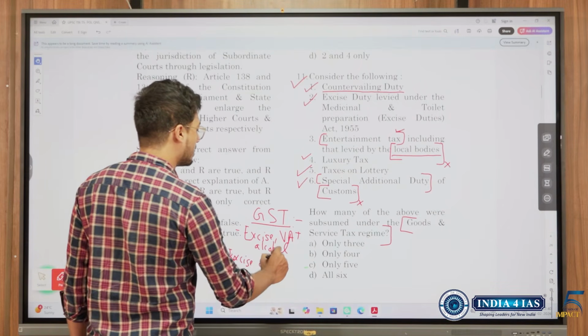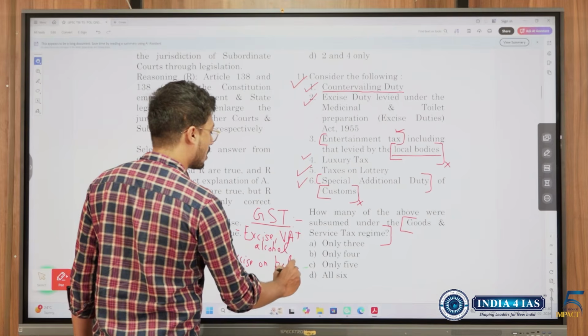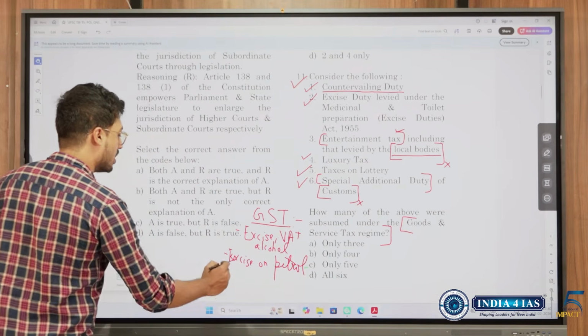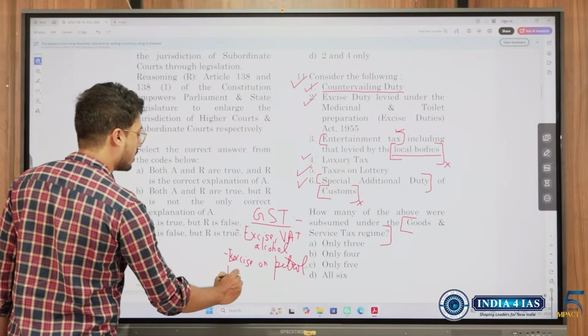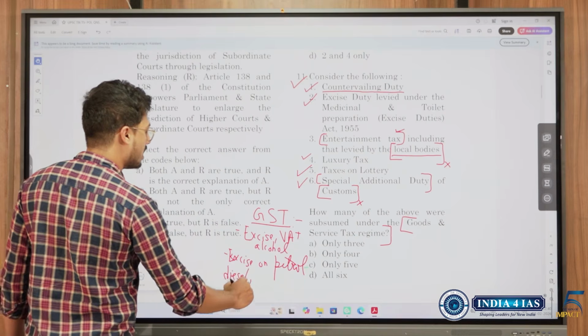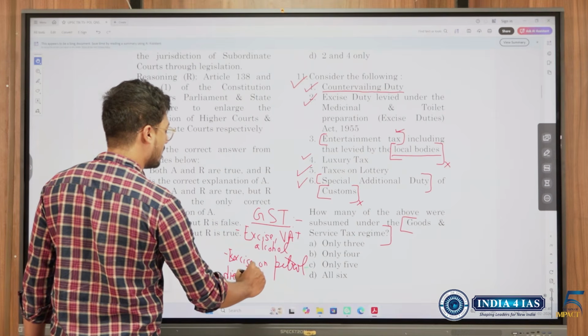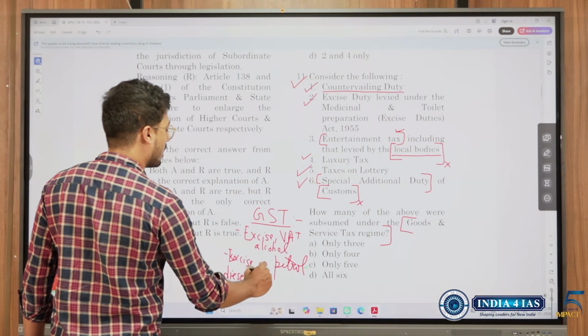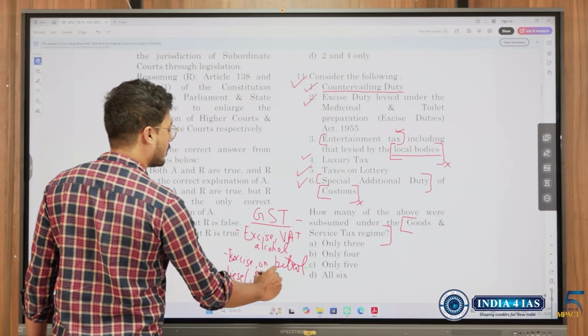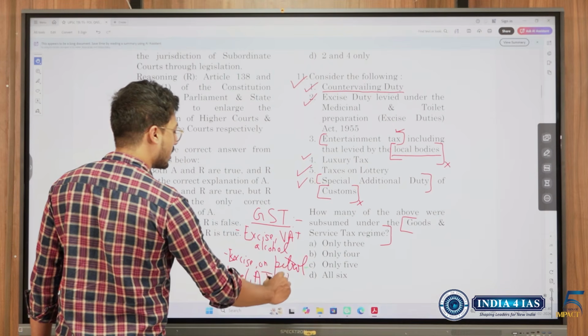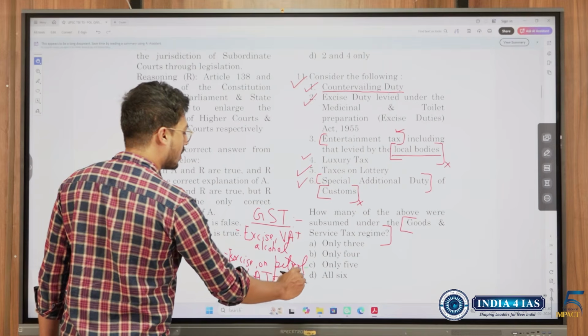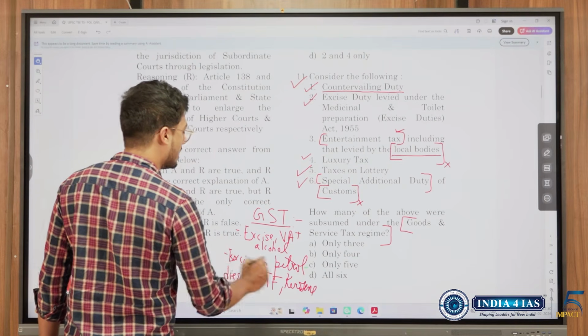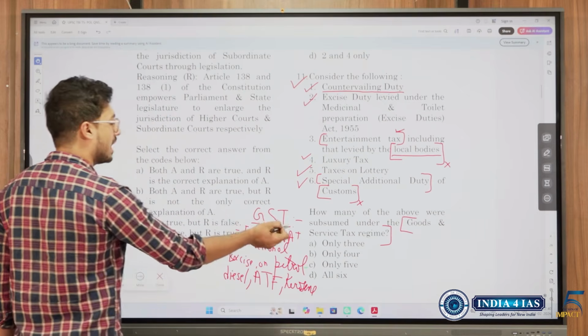see, there are 4 things. One is petrol, another one is diesel, another one is, I think it is kerosene, and another one is aviation turbine fuel, ATF. I think it is kerosene, please check. So there are 4 things which are kept, and these 4 things, along with excise and VAT on alcohol,